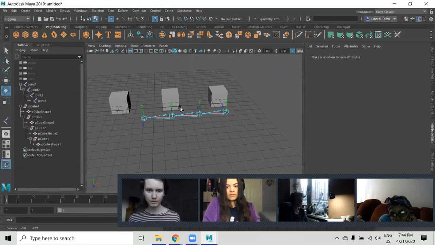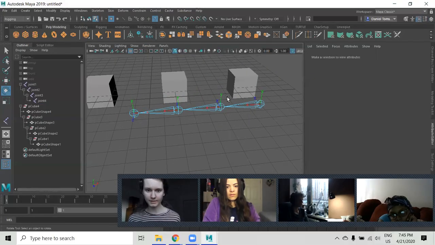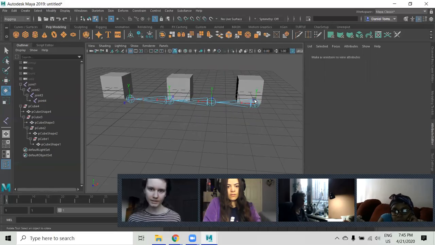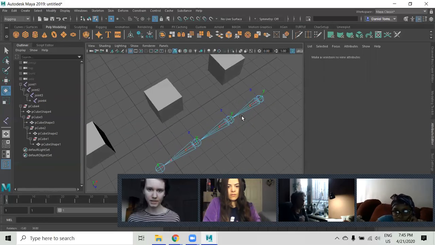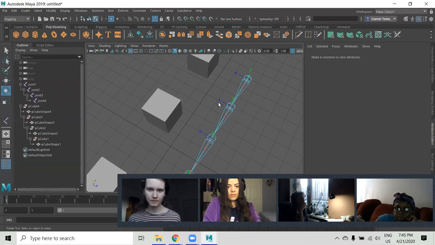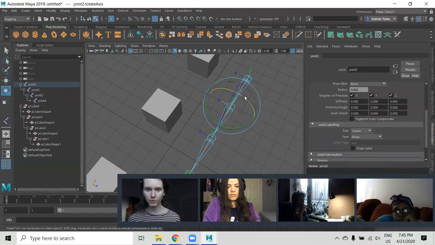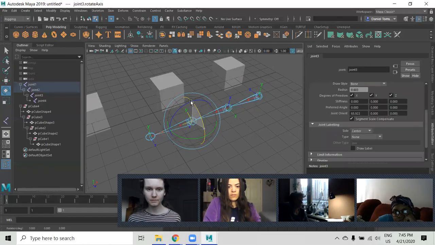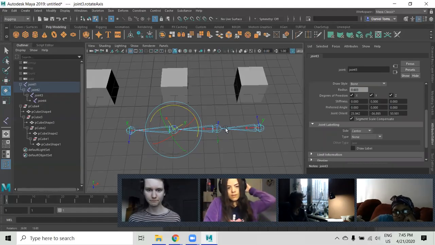So you can see x is the axis that points to the child. Right now, z is the axis that points to the side, and y is the axis that points up. But we can change that if we want. We can rotate them in some other bizarre ways, something like this,